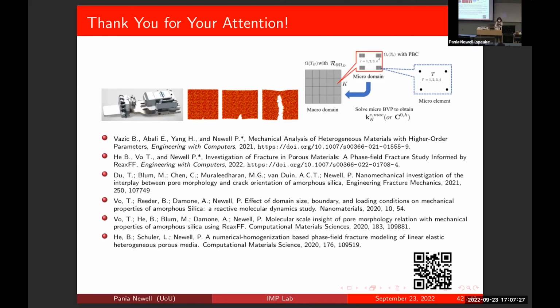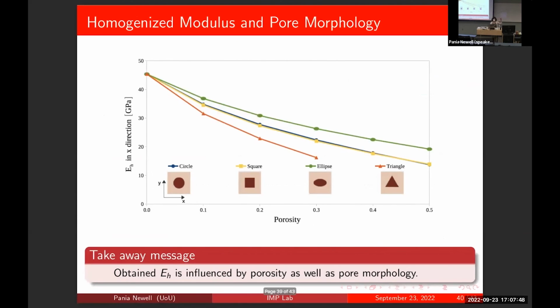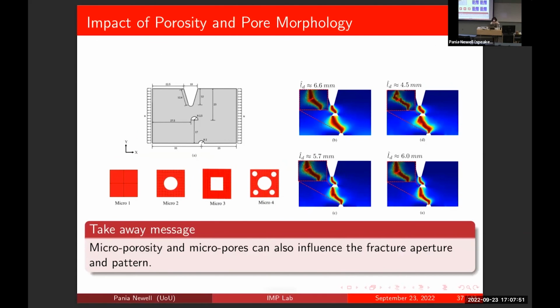I really enjoyed it. I have one question. When you homogenize the data from the molecular dynamics and pass it to the phase field, and then you do the fracture mechanics, don't you lose the relative positions of pores and stuff? So how do you get back the effect of that on fracture? Remember, the homogenization was not at the molecular dynamic scales. The homogenization of this is at the micro scale.